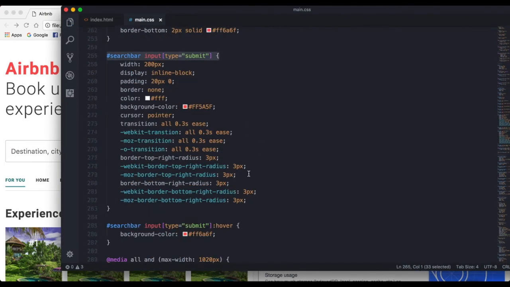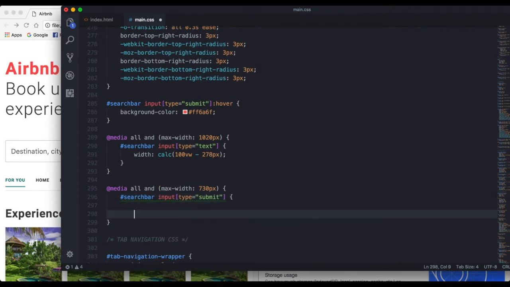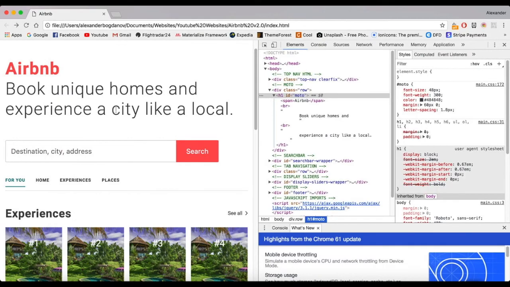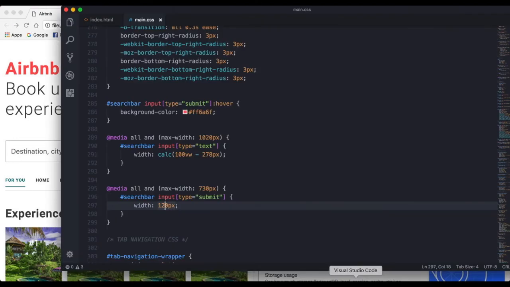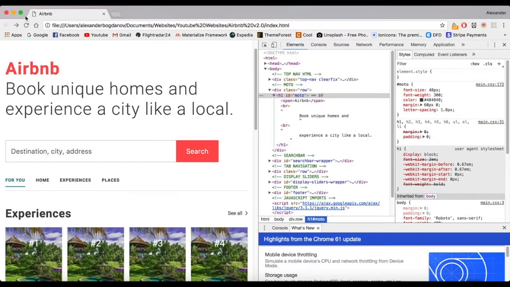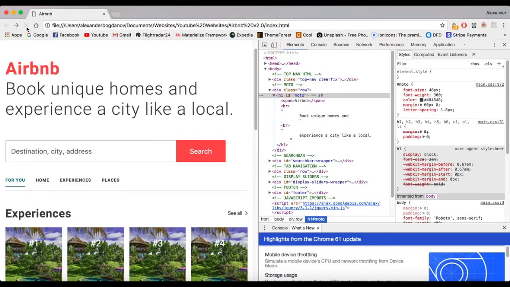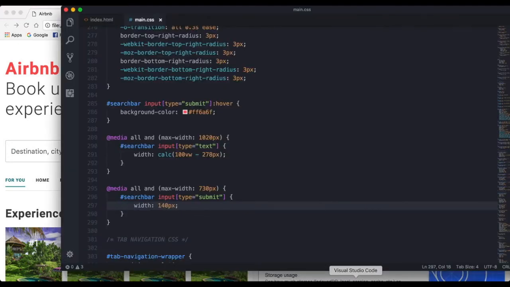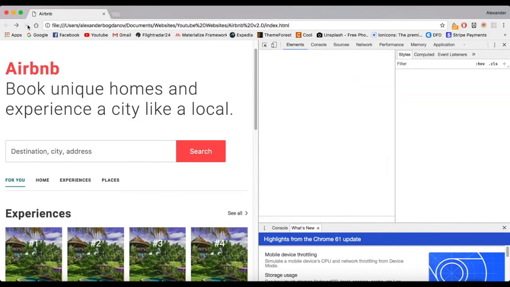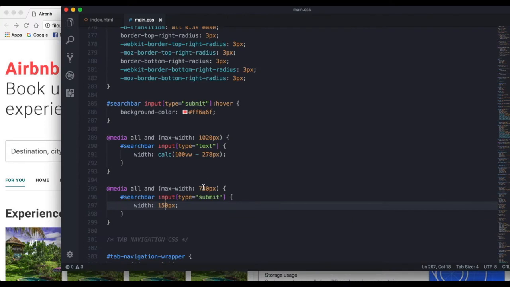Now let's copy this. Let's give it a width of 120 pixels. That's a little bit small, so let's do like 130. Yeah, that looks fine. No, 140. 150, fine. There we go. So minus 50 pixels, we are going to just